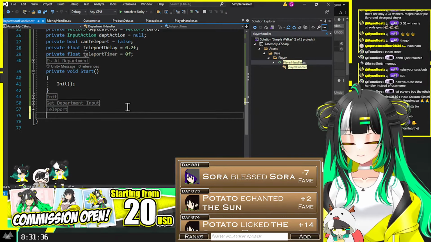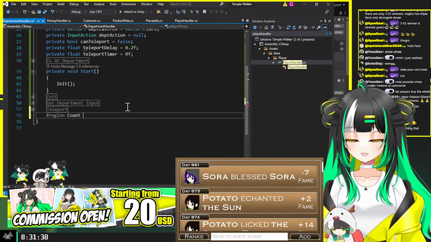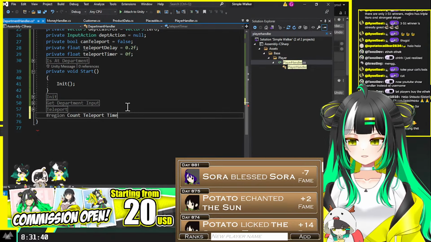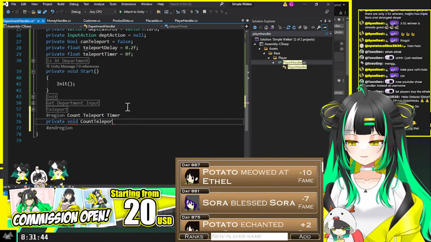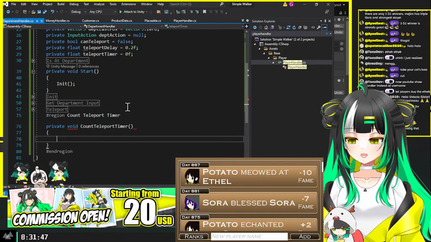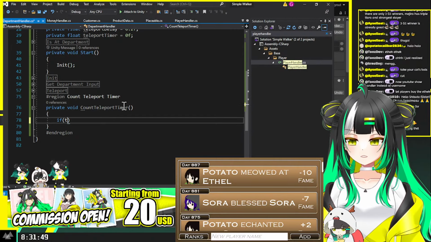Okay. And then here we count teleport timer. Private void count teleport timer. There you go. If teleport